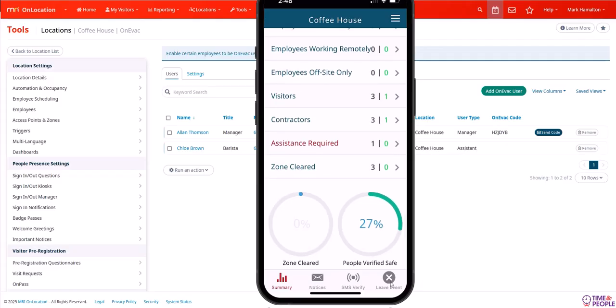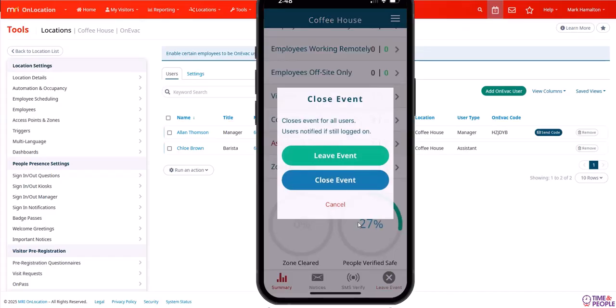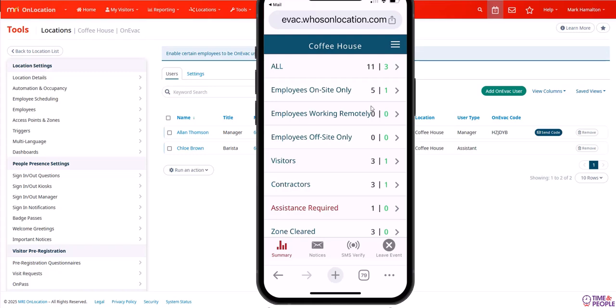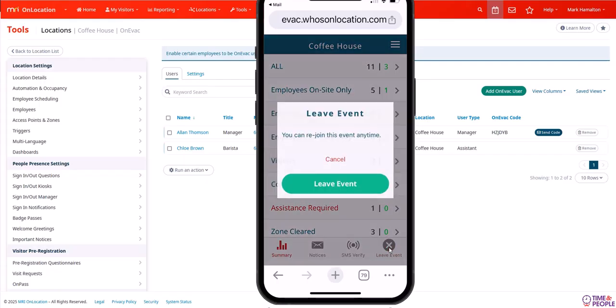Double checking that this is Alan's screen. We can confirm it's Alan's screen because only the manager can close the event. Looking at Chloe's screen, we can see again the same. 3 people have been verified, 1 employee, 1 visitor, 1 contractor. Checking that it's Chloe's screen, the assistant, we can see it is, because only Chloe can leave the event, not